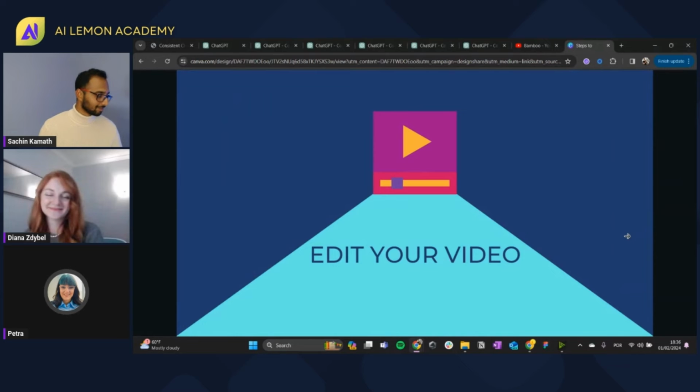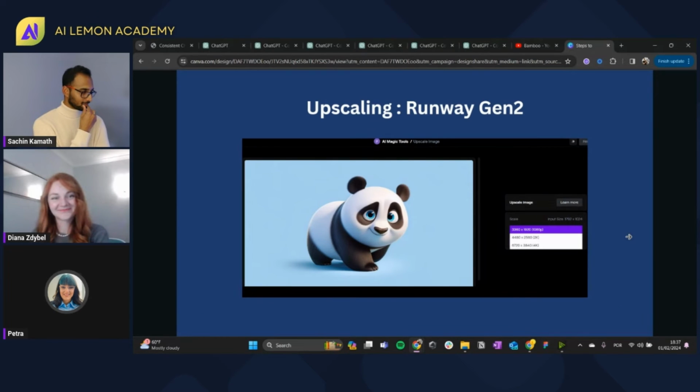Yeah, and the panda is nice and cute and round. It's not a difficult shape, and it's really easy to upscale. So Runway loves it. But let me dive into the editing process. So we start with upscaling. Personally, I start with upscaling. It's a crucial step for animating, and tools like Runway Gen 2 require high quality input. So in this case, you can get the best possible outcomes.